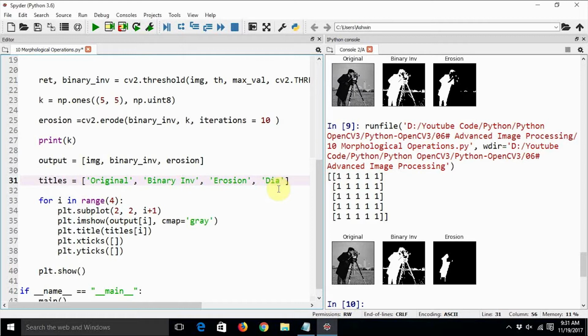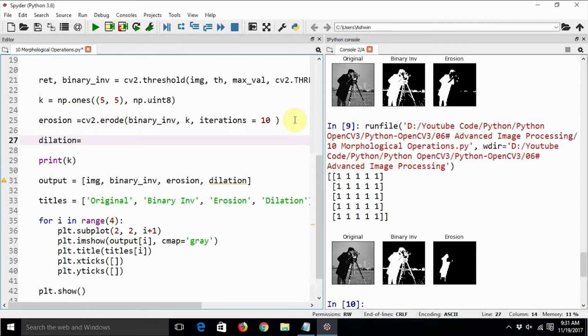Dilation, dilation, and finally dilation, using cv2.dilate. The arguments that we are passing are the same. Just need to copy this and paste it. It will work.